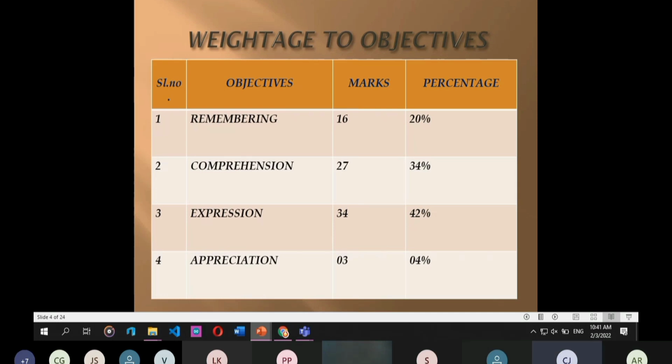The second objective is comprehension or understanding. Specification for this is specific answers, explains, gives reasons, distinguishes. Then WH questions: why, how. Read and answer, that is question answers, compares and contrasts, narrates, interpretation. Related to this comprehension, the content is based like this: answering in one word, a sentence, antonyms,